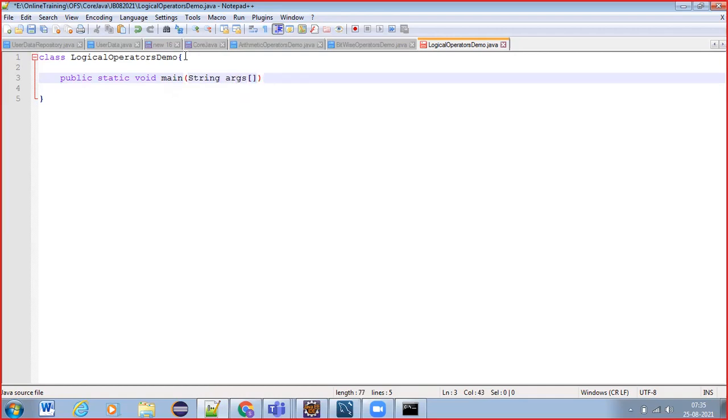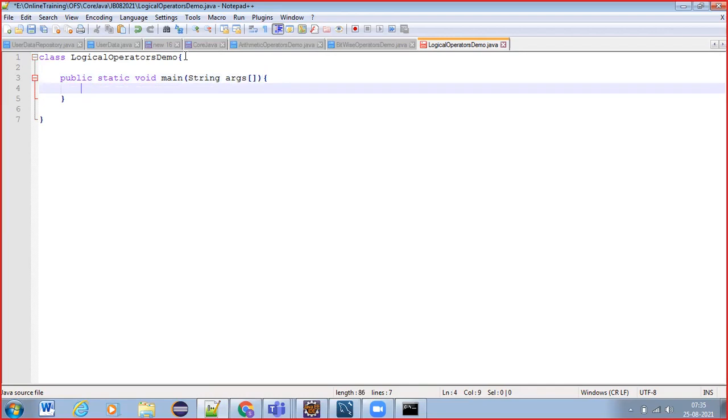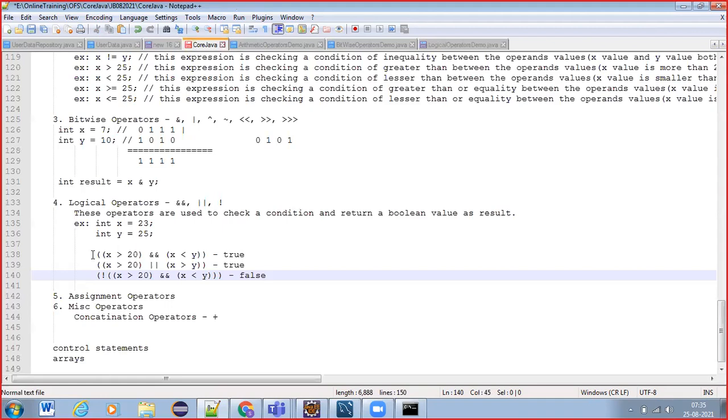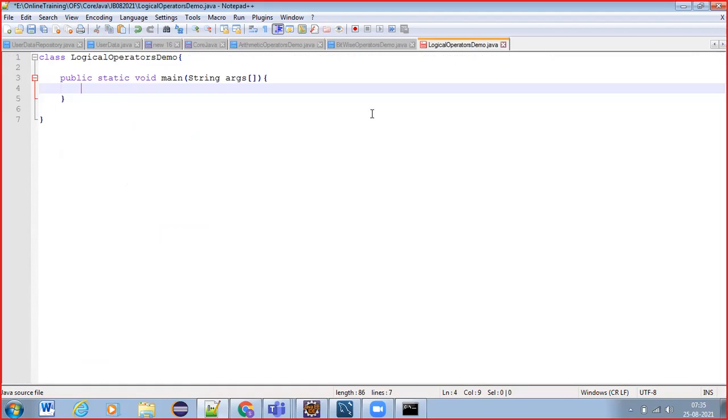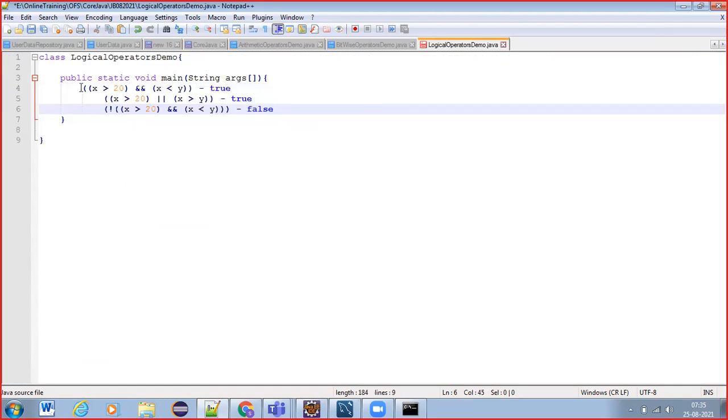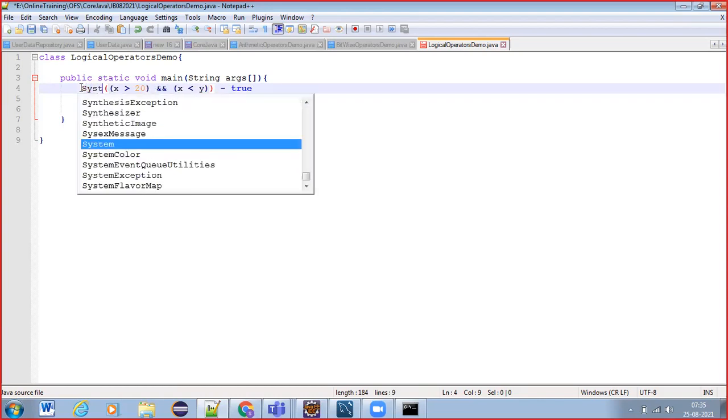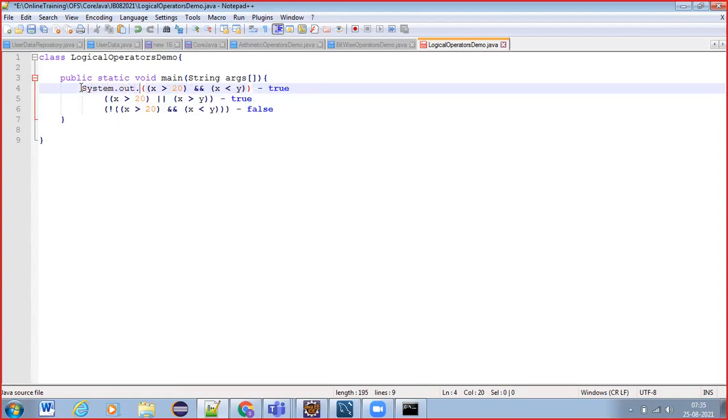Yes. Now here, let's copy these statements. So here what you can write, System.out.println open and close. So in a similar way for the other statements also you put.